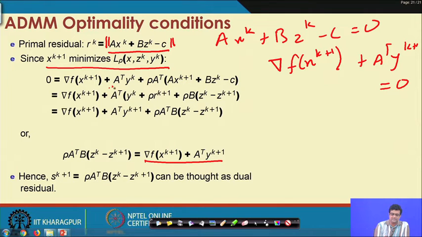Now, we couple this term with the second term, and we apply the same update here, and we see that this is basically the y_{k+1} update.